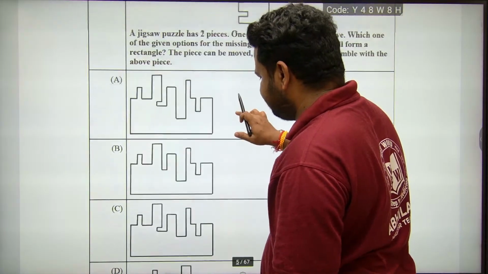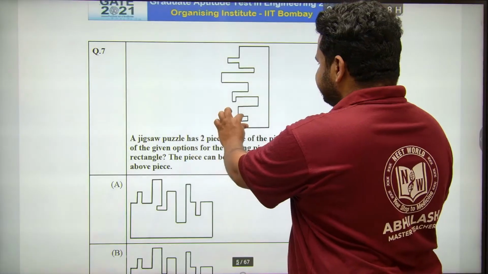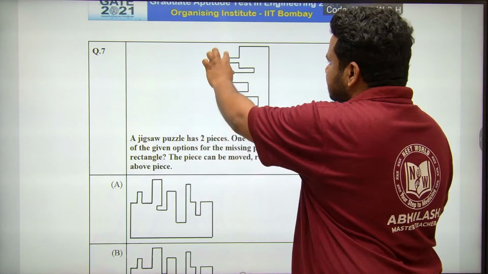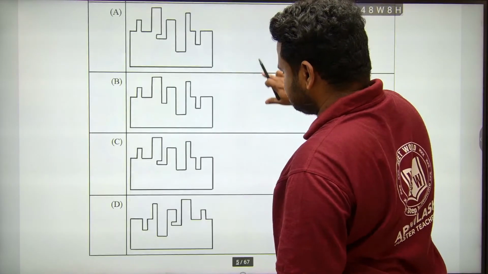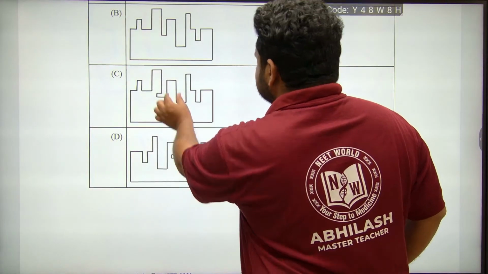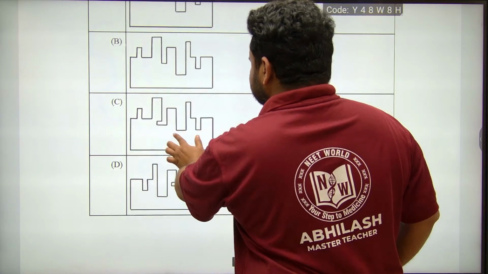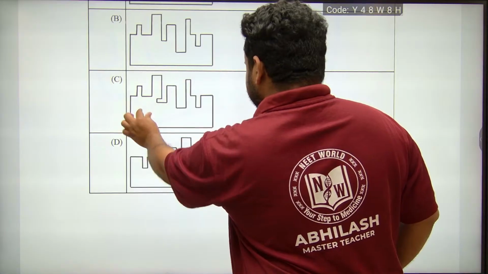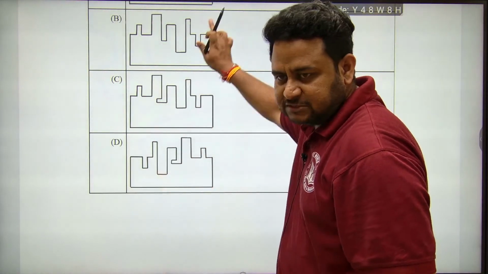Now if you compare B and C, see here. At this end, what are we having? We are having the curve. And here the depth is less. At this end there is no curve. Here the depth is more. So compare this. At this end the depth is less. B is ruled out, right? We are comparing C. Here the depth is less. Here the depth is more. So the answer is option D, because the depth should be more as per the given figure.